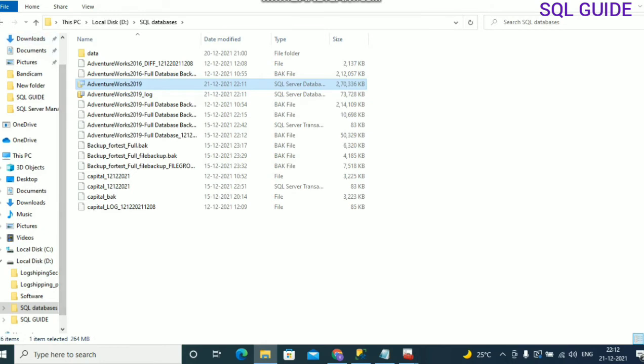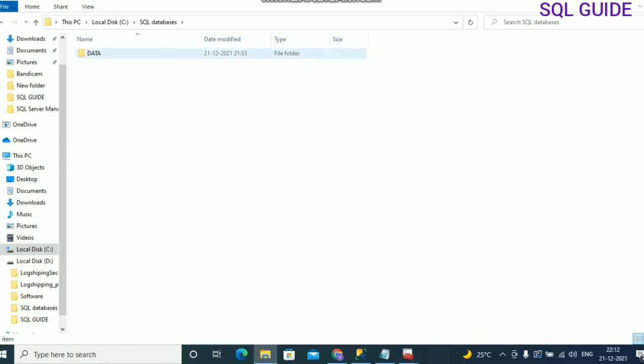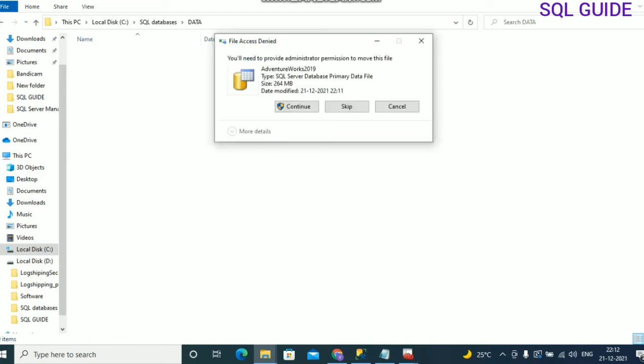Copy it and move it to C drive, SQL database, and data. Already one file is there, just delete it and copy it there.